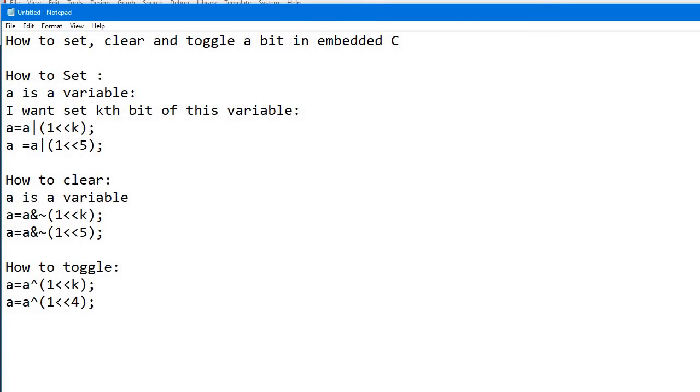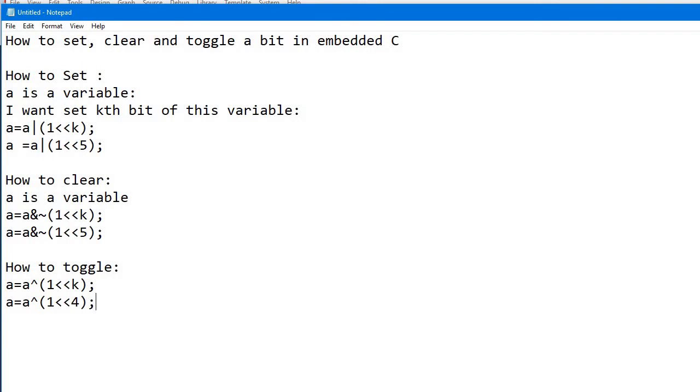Now, using one simple code I will also demonstrate a practical example of this. I will take one Atmega16 microcontroller and blink an LED, first setting a bit of that particular pin and then clearing that pin bit, with some delay between setting and clearing. We will see how it blinks using setting and clearing of the bit. And in the same way, using only the toggle instruction, I will show you how we can blink an LED.